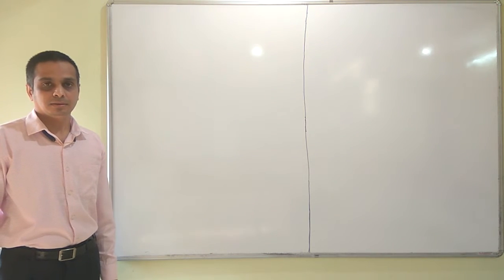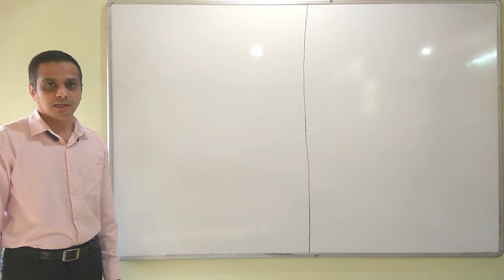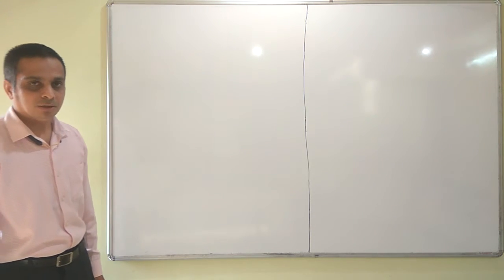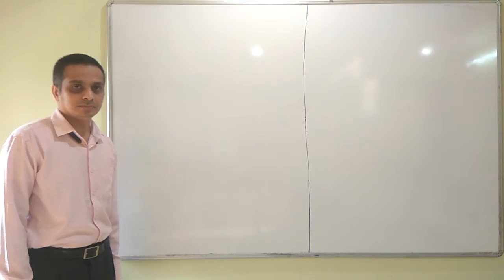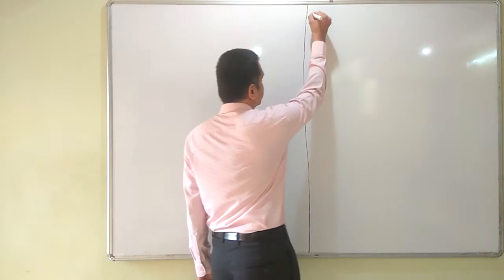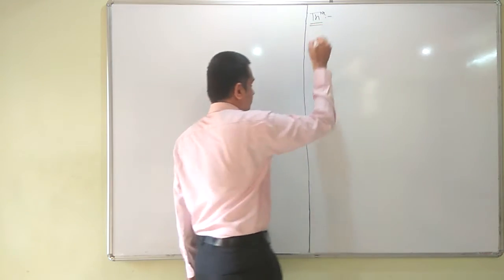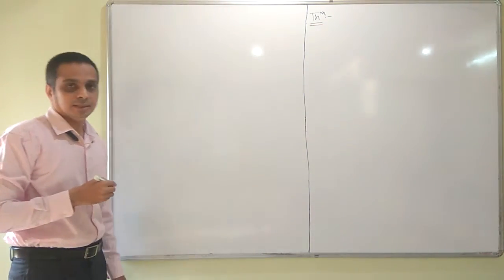Dear students, in this lecture, we are going to define a partial order relation on the collection of all self-adjoint operators, and we will verify some of its properties. So let us define the partial order relation on the collection of all self-adjoint operators. We are going to take this as a theorem.